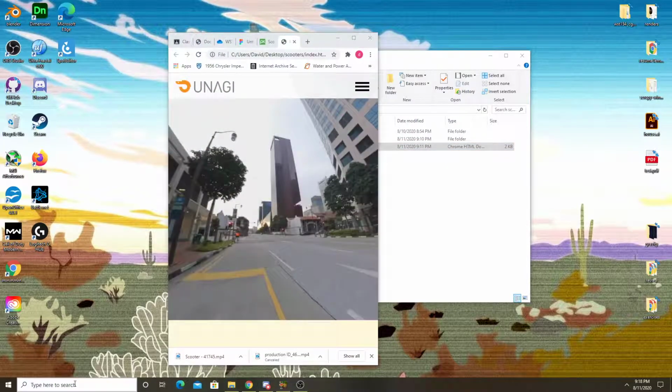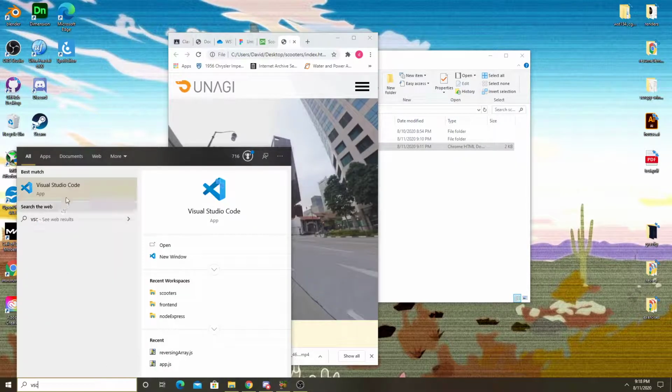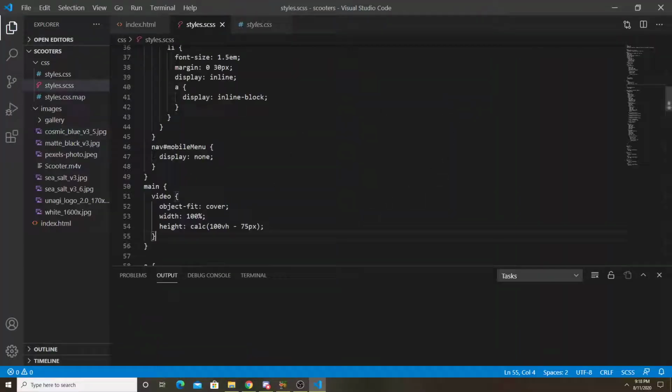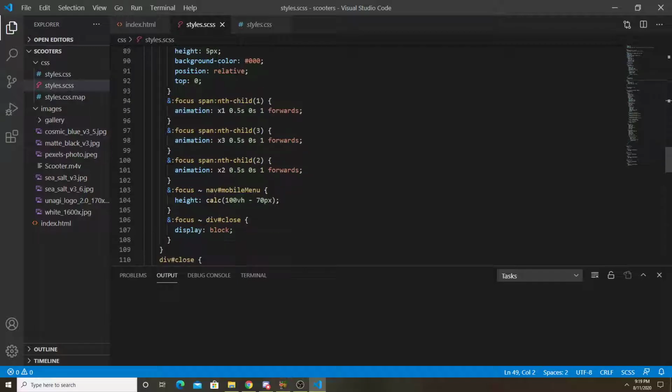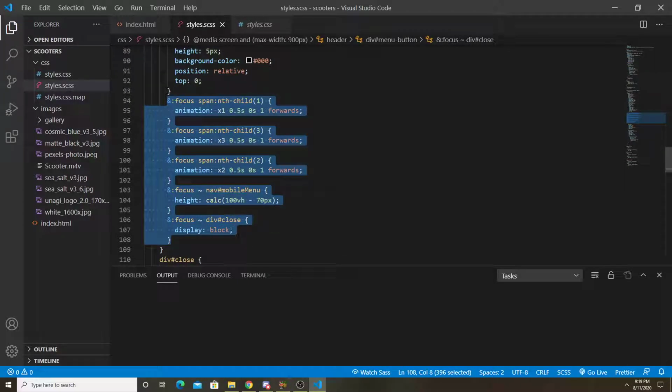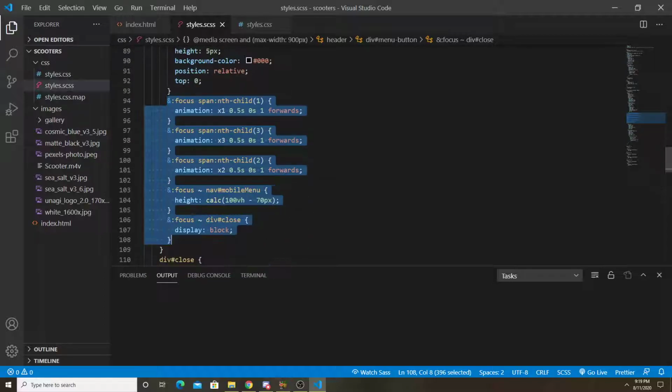Well, we didn't use a transition though. We used animation. Let me go to VS Code again. Where did I put the animation? So I put it here. We could, instead of putting it here,